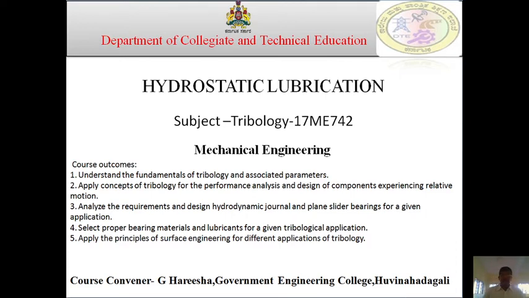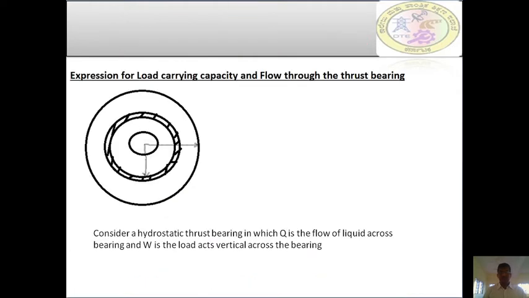From session 1, we discussed the basics of tribology, what we mean by a hydrostatic bearing, how a hydrostatic bearing is different from a hydrodynamic bearing, and how we can classify and differentiate them. These are the course outcomes, the 5 points which we get after completion of this course. And continuing from session one, next is